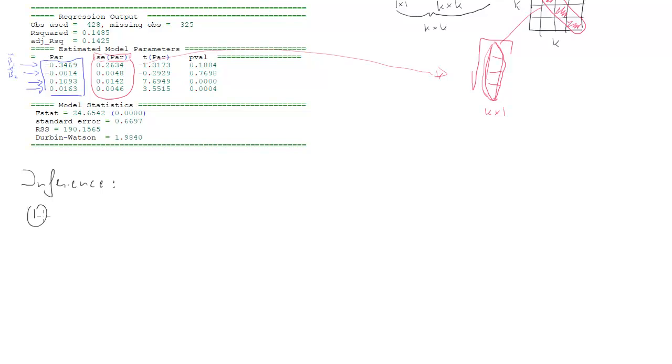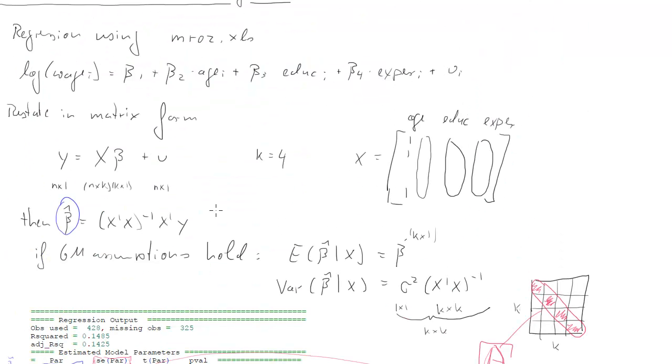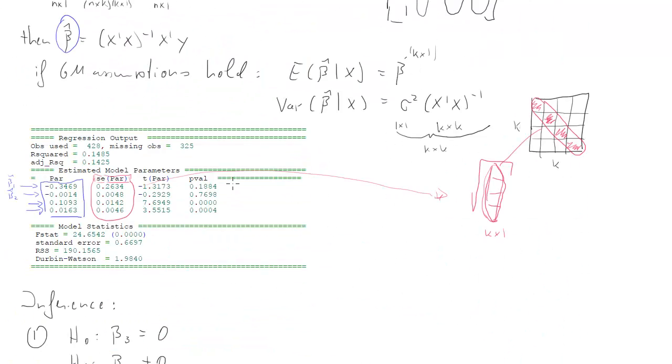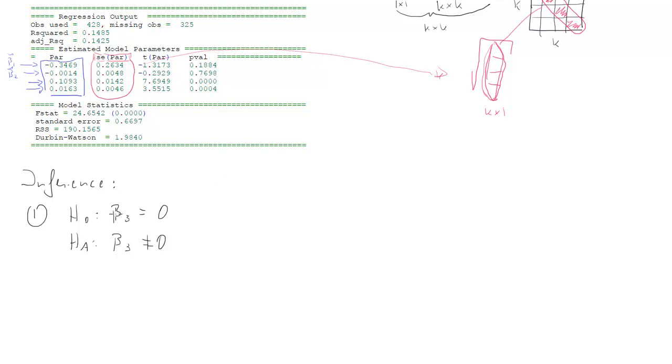Okay, so the first example is we want to test the following null hypothesis: beta 3 is equal to 0, against the alternative that beta 3 is unequal to 0. Now, what does beta 3 mean? Beta 3 is the coefficient to education. So if that was 0, that would indicate that education plays no role in determining the wage, or more precisely,